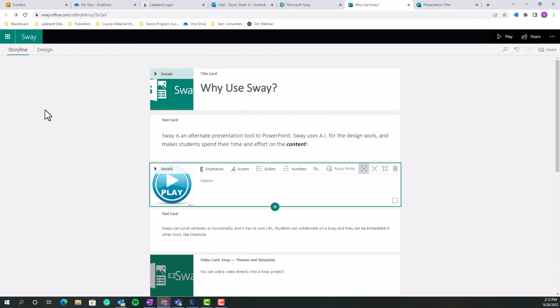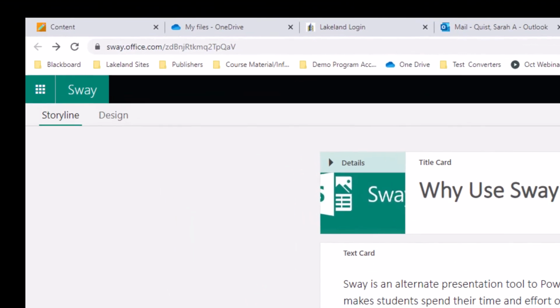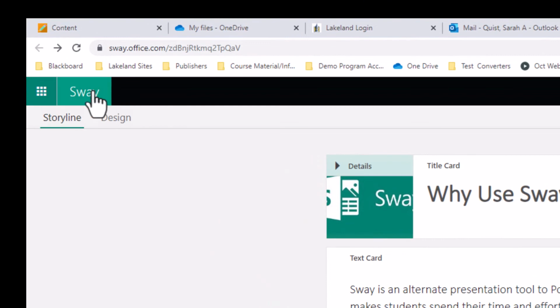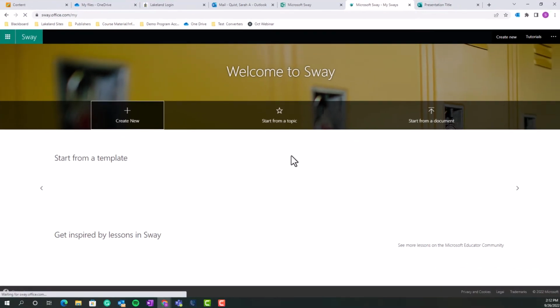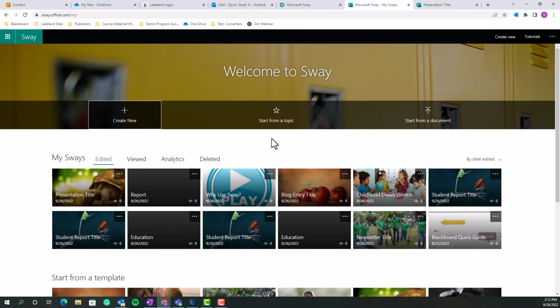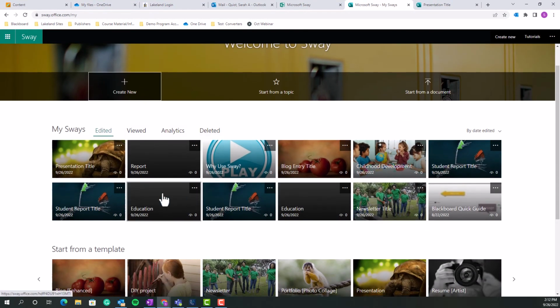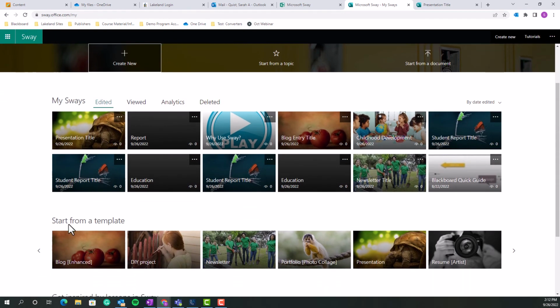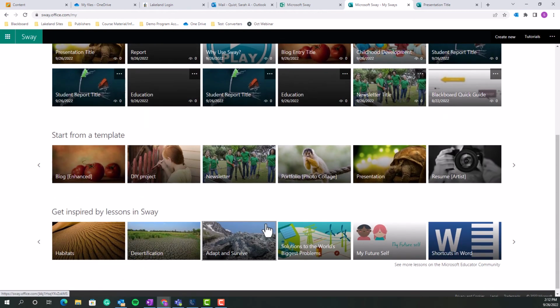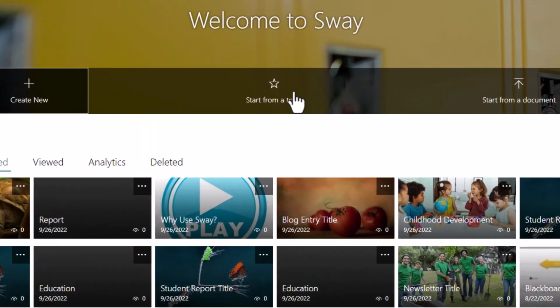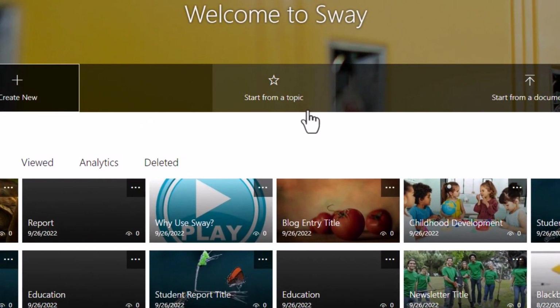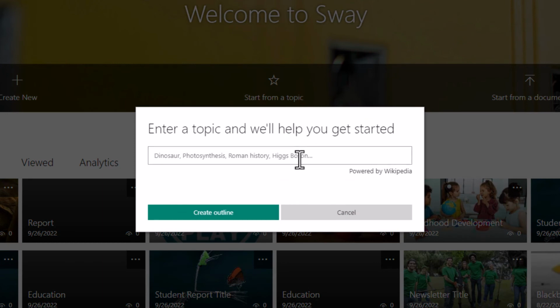There's one more way to find templates to get as close to your topic as possible, and that's once you're in Sway and you're in the storyline section, there will be this button that appears that says Sway, and if you press on it, it will bring you to the Sway website, and you will see all of your current work, and again, templates as well as sways to get inspired by. But on the website, they have this other tab, which is Start from a Topic. So you may have a specific topic for your presentation,